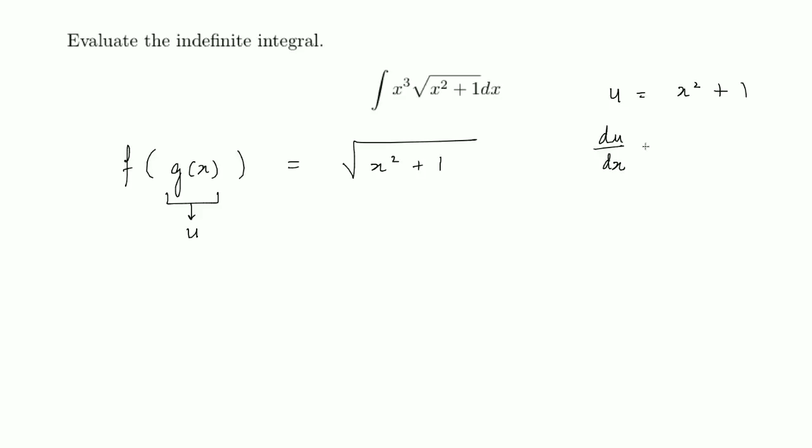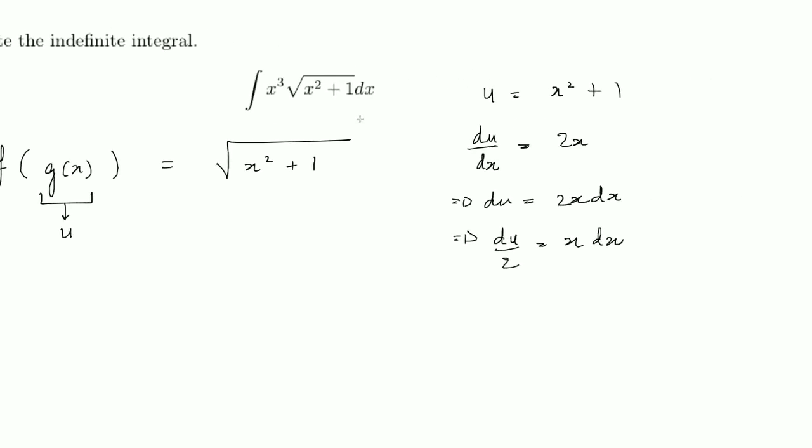du over dx is going to be 2x, which means du is going to be 2x dx. Okay, I don't need a 2, so what I'm going to do is write this as du over 2 is equal to x dx, but I have an extra couple of x's over here. Well, same way as question 46, we're going to look at this statement over here, this equation,